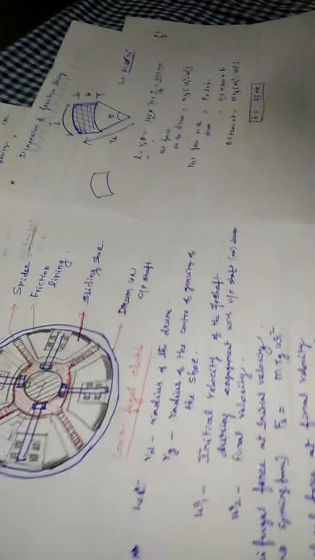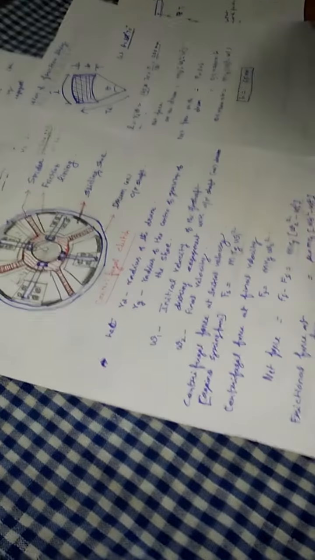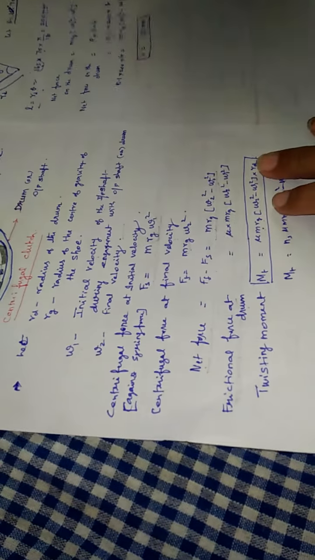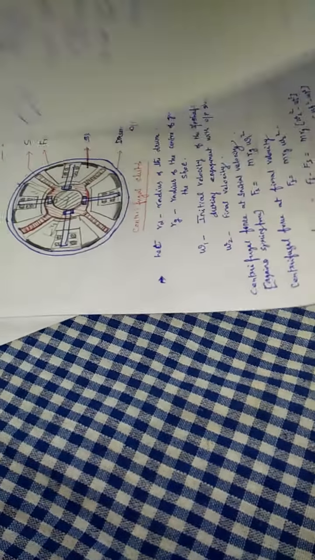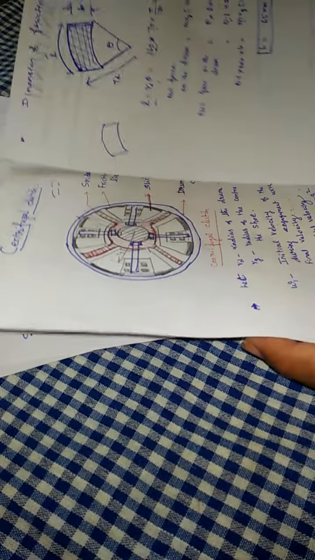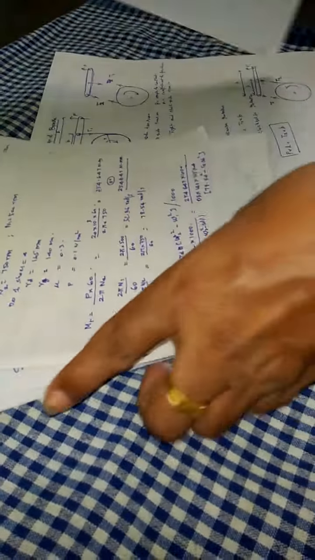From this we can conclude that we need an initial rise in velocity, so a minimum of 500 rpm is needed to engage the clutch. So this is the problem. I think you will clearly understand the concept of centrifugal clutch by means of this problem. Thank you. In the next class we will discuss the brake.